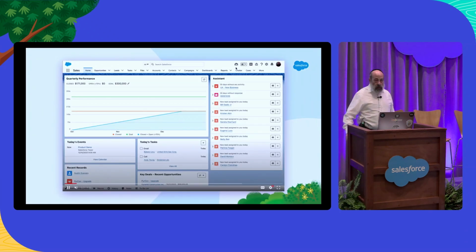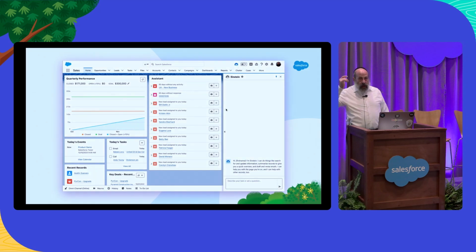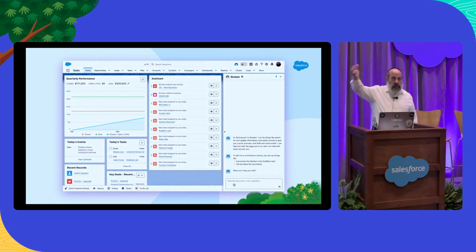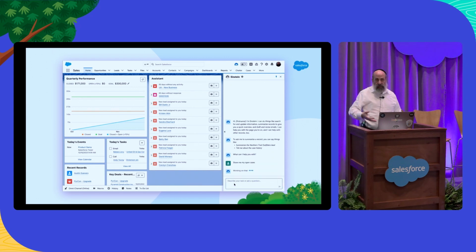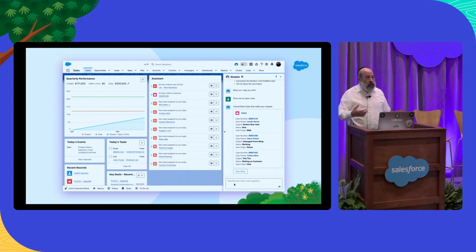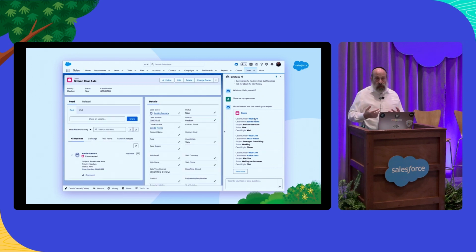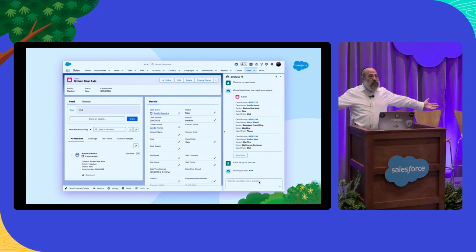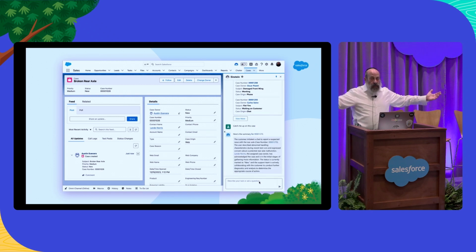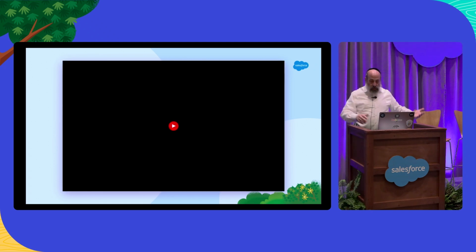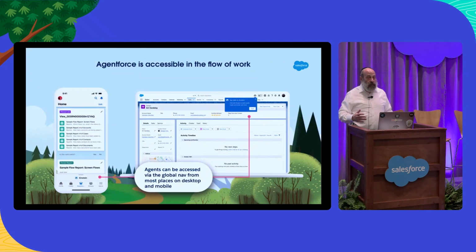So here you can see an example where I click on that Einstein icon at the top, and out off the right side pops out a panel that I can interact with for Agentforce. And now I can ask it any question about my data. It may return a number of records. I can click on those links even within the Agentforce panel, and it will now navigate to that page. I can then just ask it any generic question. And because it knows the page that I'm on, it understands the context and is therefore able to give me an intelligent response that is based on the record that I'm looking at that given point in time.